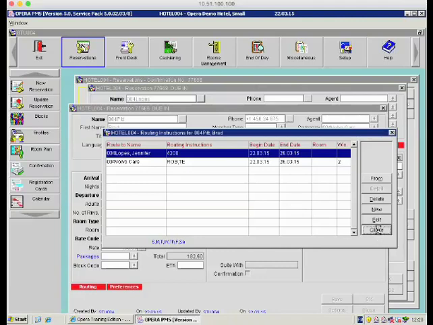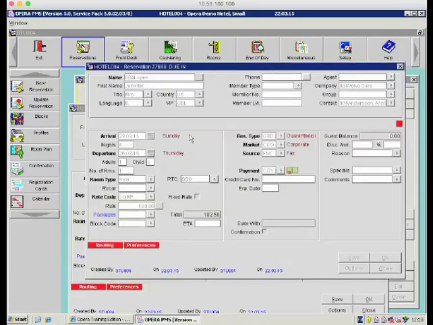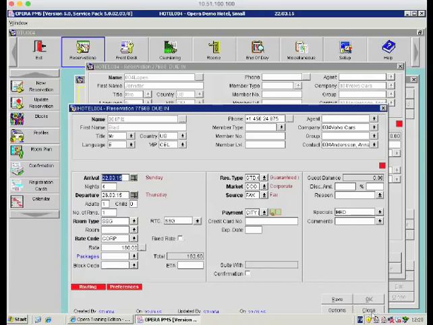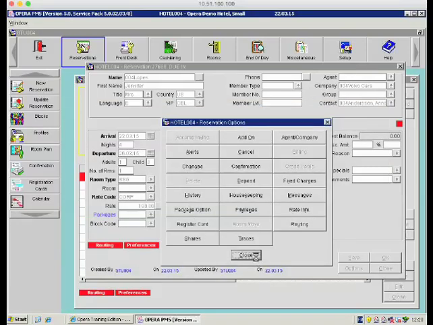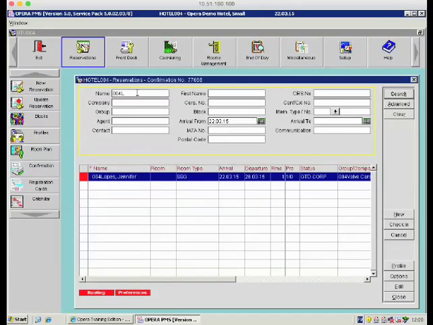So now you close, you save it, and you can close Mr. Brad Pitt's reservation, close Mrs. Lopez reservation, and now if you go into